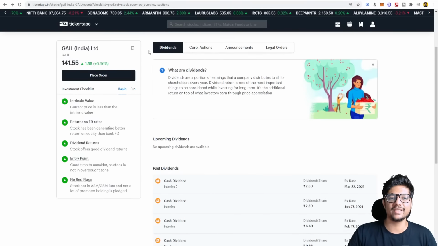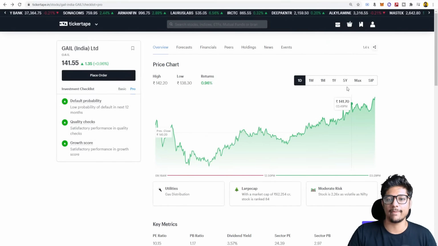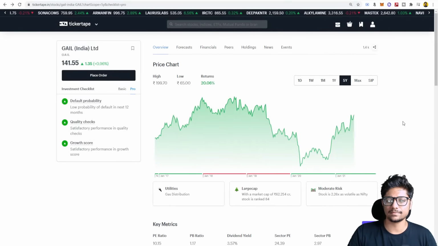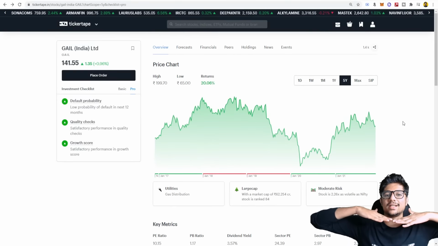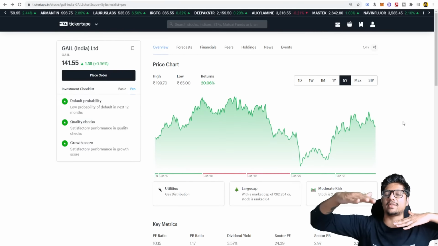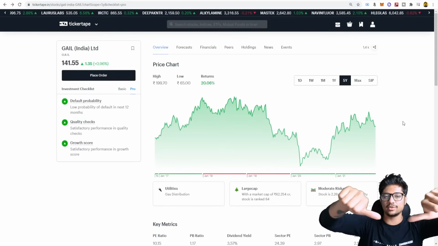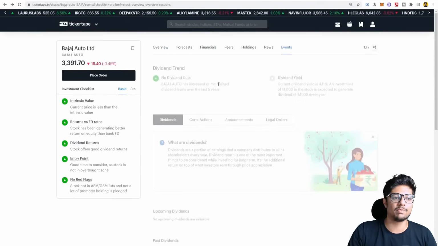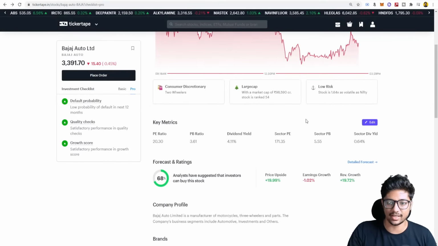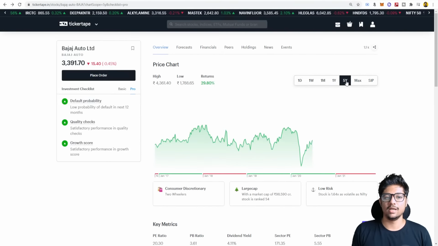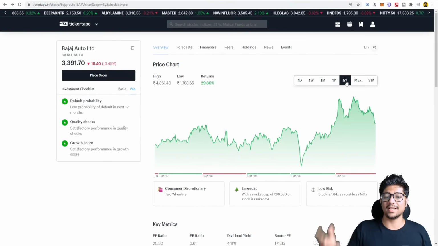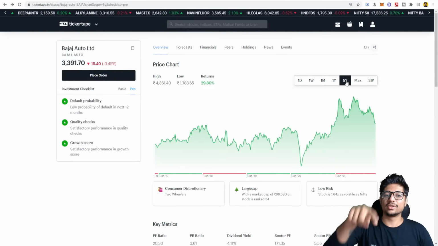Okay, but if you look at, say, GAIL, okay, let's look at GAIL once more. Let me do last 5 years chart. Okay, look at GAIL. Sustenance, last 5 years, in fact, it's given 20% return, but there's sustenance. My capital has not got eroded and I've got good dividend. So this is considered a thumbs up, right? If you look at Bajaj Auto, which is also giving good result, right? Look at their last 5 years chart. Bajaj Auto is given 29% returns and given good dividends as well. So this is considered good.